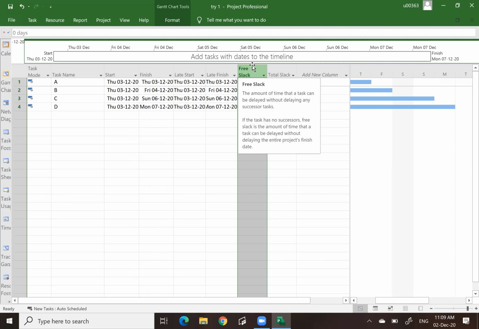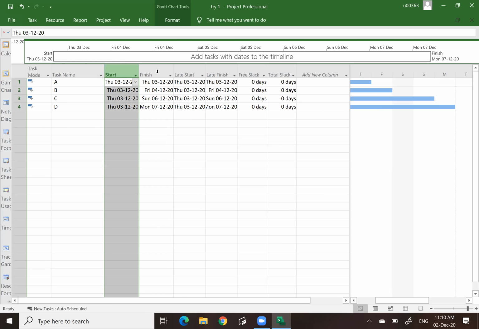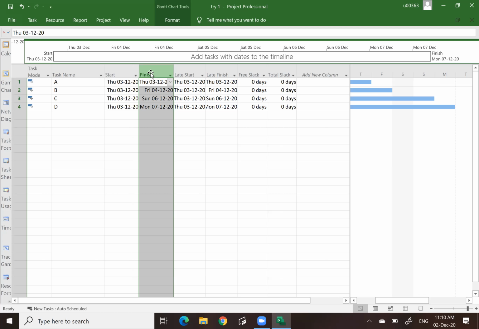Slack means something that can be delayed. Okay, how many days of free time. All right, but unfortunately, Microsoft Project only shows us the scheduling in terms of the date, whereas in our manual calculation, we use numerical terms. Okay, we start with 0, then we just simply add the numbers. Okay, we can get the duration of the activity automatically, but in terms of date, if we do it manually,